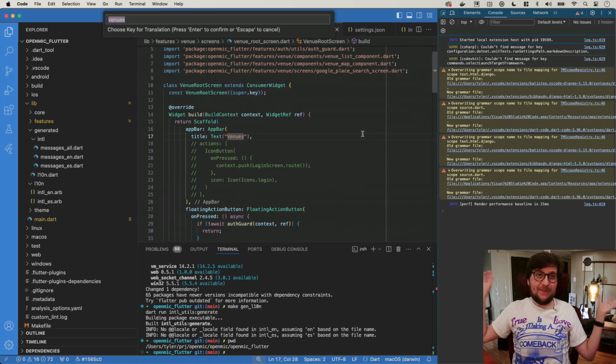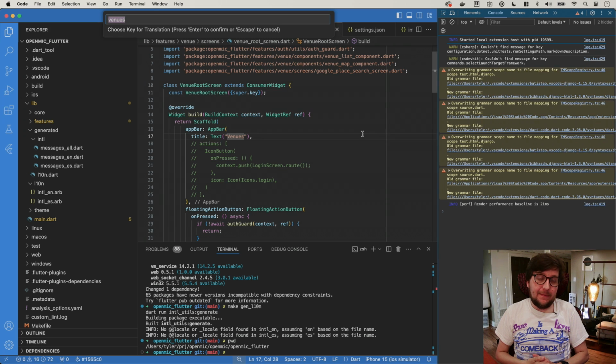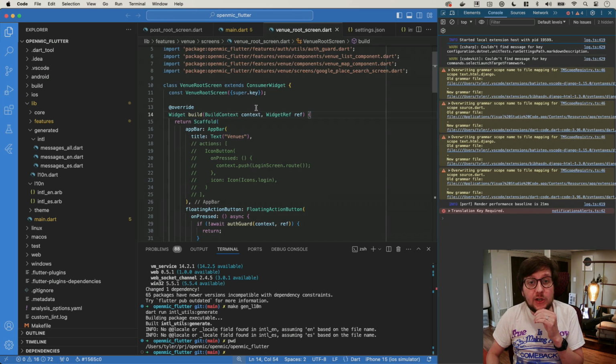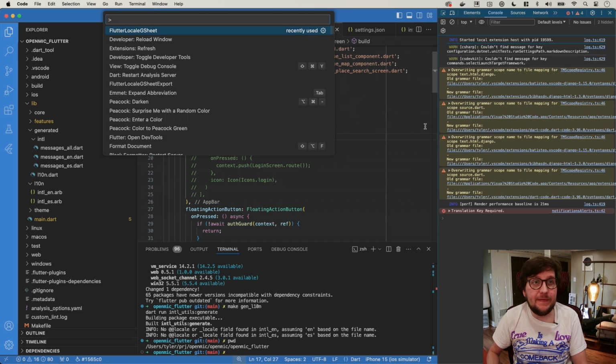Okay, cool. So what happens in this extension, actually, let me show the nuances of this. So I could highlight this whole thing, or I could highlight this, or I can actually just put my cursor anywhere in between two things, which was a tricky thing to figure out how to do, but it makes it way easier. But I can click anywhere in here, go Command-Shift-P, Flutter local G sheet, and then what it does is it